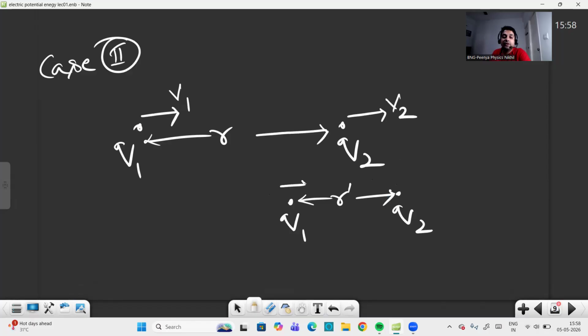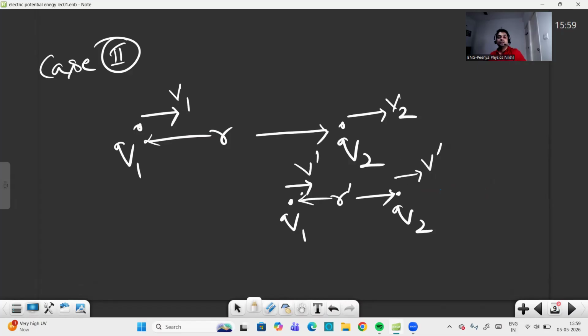So let this time its velocity be v1 dash and its velocity be v2 dash, correct? Always keep it in mind that when the distance between them will be minimum, v1 dash and v2 dash will be the same. Then only they cannot go more nearer to each other. The distance will be the closest one. So you can consider here the final speed will be the same, so here we can write it will be v dash and v dash.